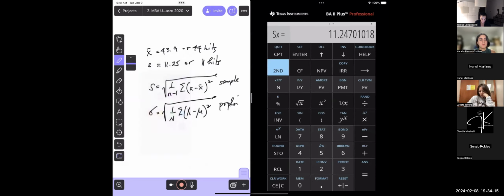In this case, it's the sample size. In this case, it's the population size. I use a capital X because it's all the values. It's not just a sample result, so I distinguish with a capital X instead of x. And with the mean, I use the sample mean here because I don't have the population mean, but I actually have it here. This is the Greek letter for mean, called mu.